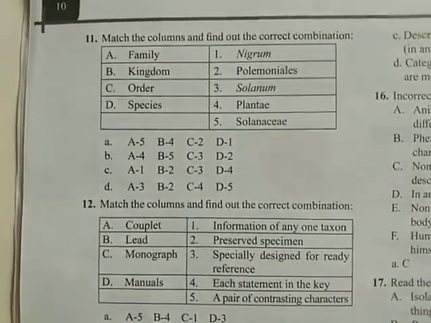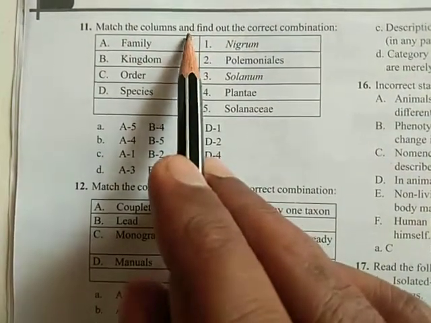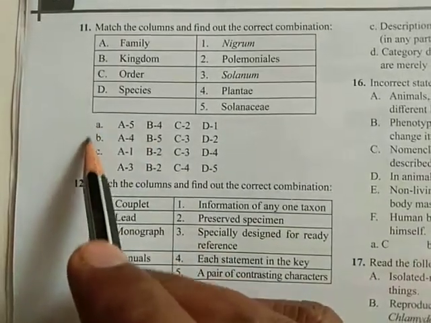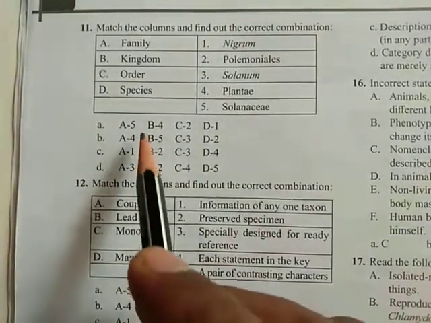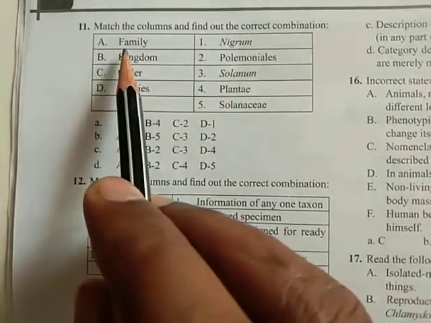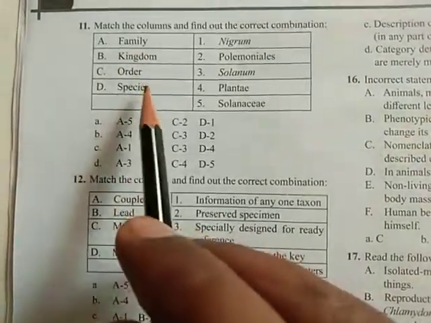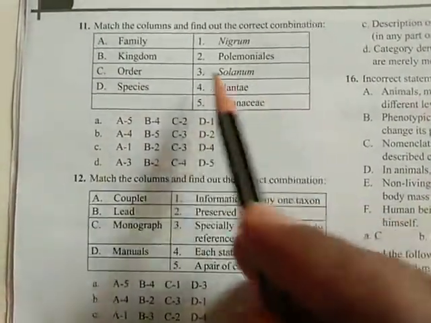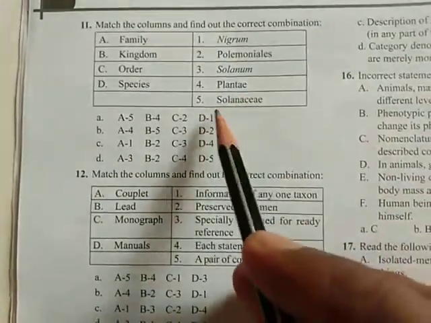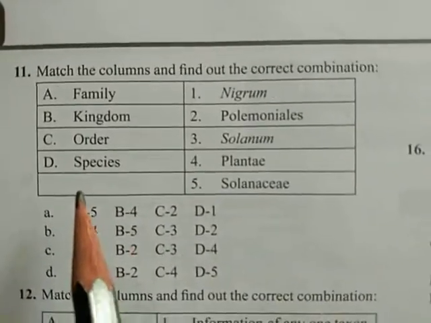So here, the match the columns and find out the correct combinations. So here again options are made in combinations. In the first column and second column, different tags are given, and they are not in order, not in sequence. So here also the name is given exactly, right? So when we observe this question,